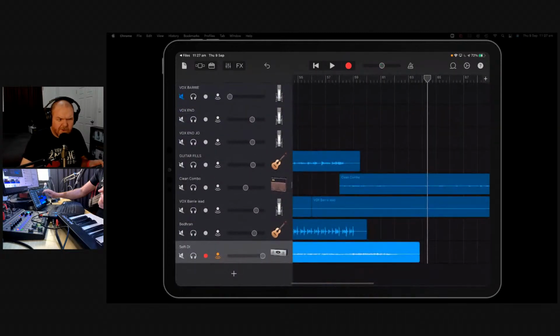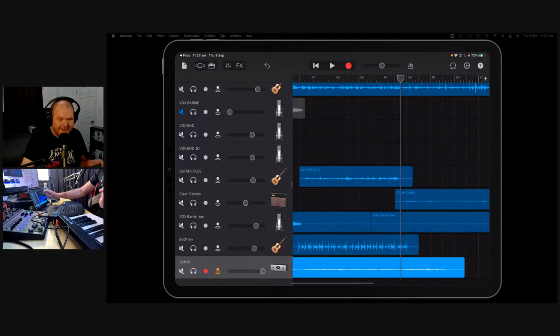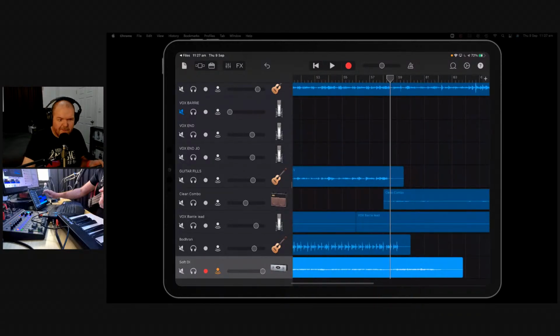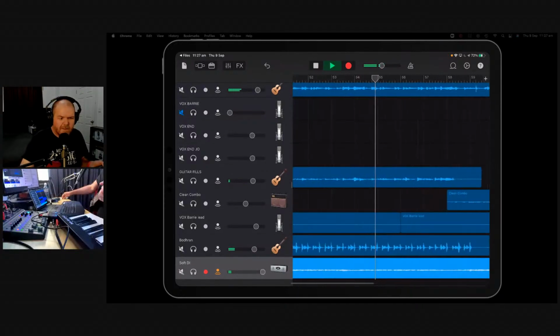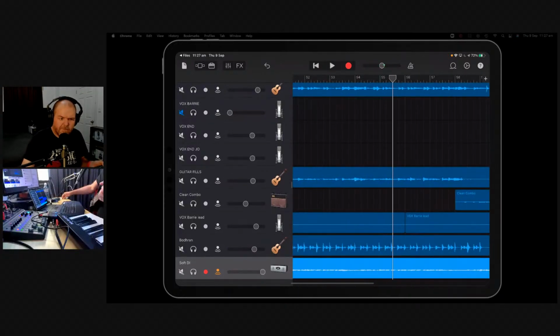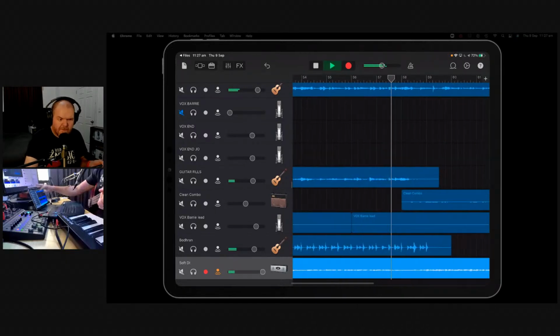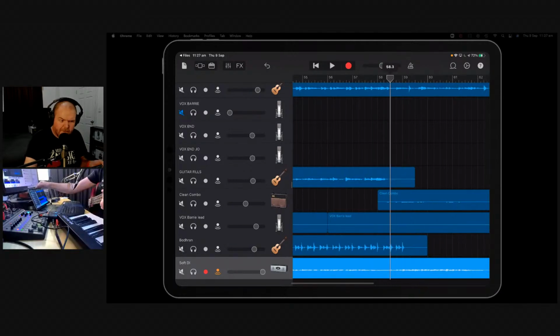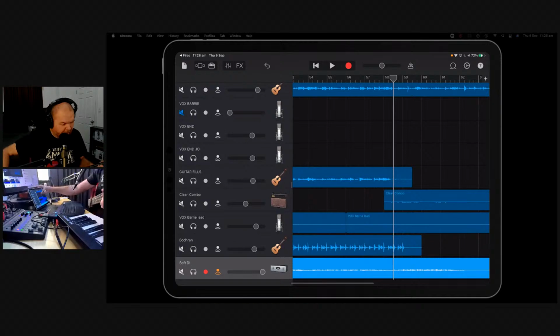Is Kyle coming off? Are we not on the grid here? That's okay, I'll just play along. Hang on. There we go. So I've started in that half bar. So now I'm just going to